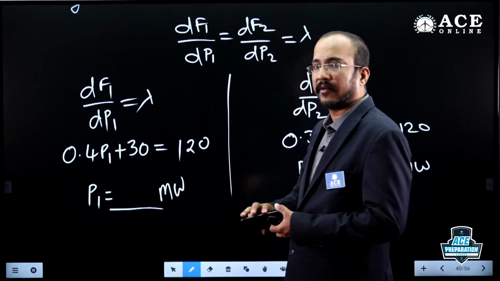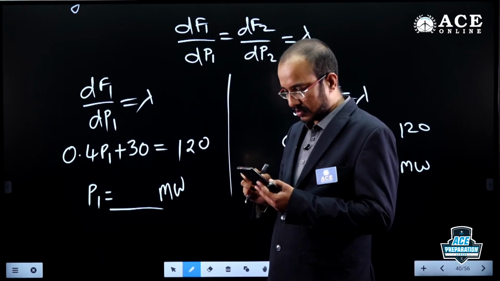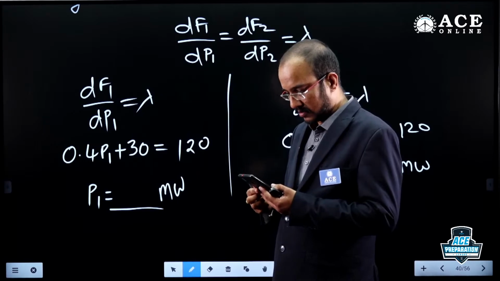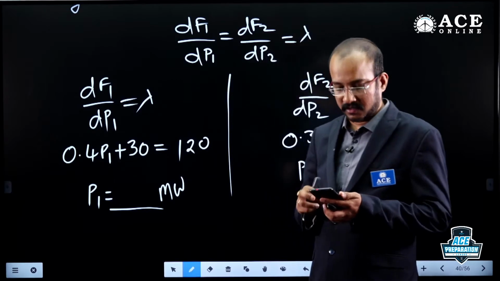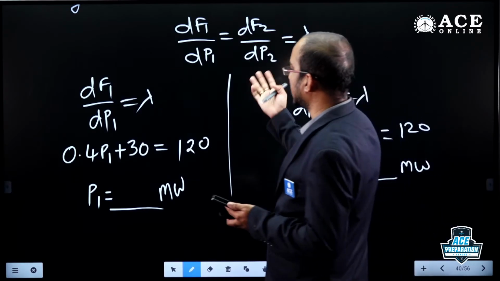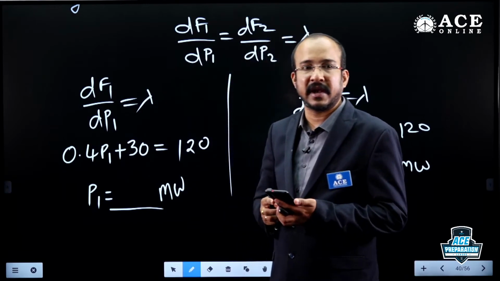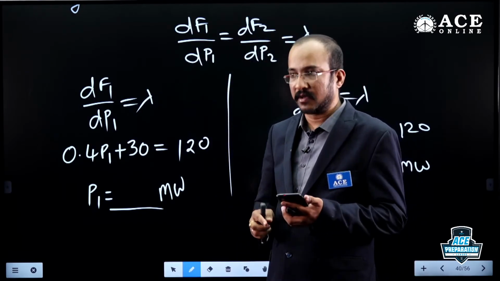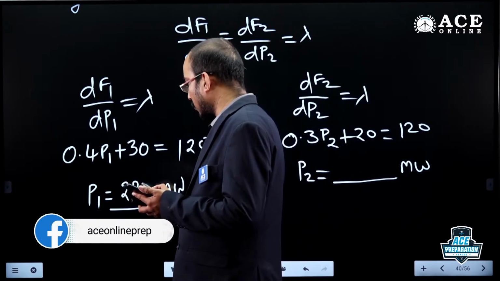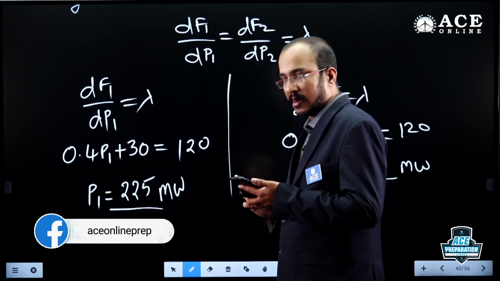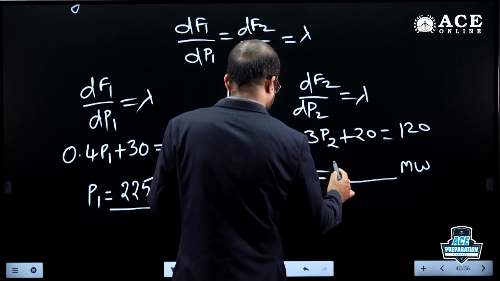Anyone calculated the values of P1 and P2? Calculate P1 and P2 and post the answer. So here, this is a condition for economic scheduling. I think P1 you will be getting as 225 megawatt, yes or no? 225 megawatt, and P2 you will be getting as 333.33